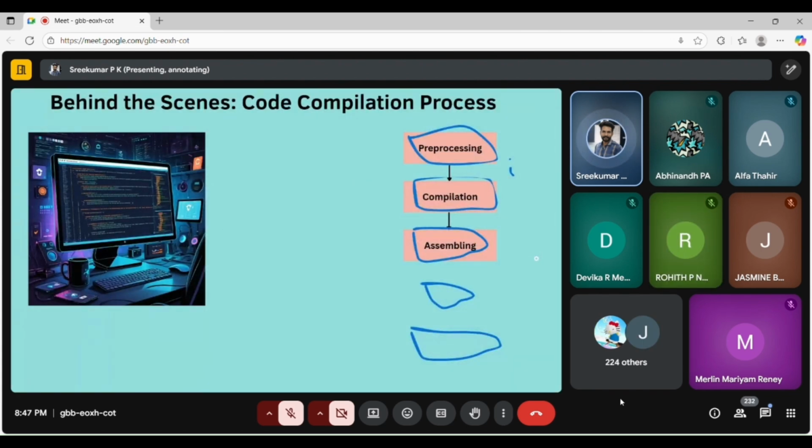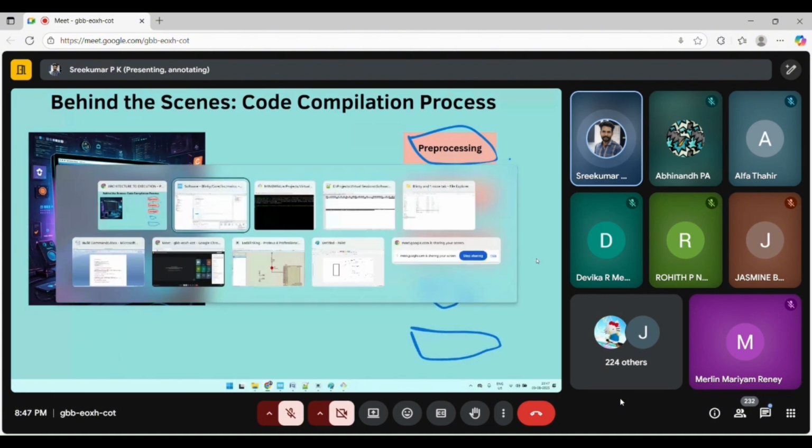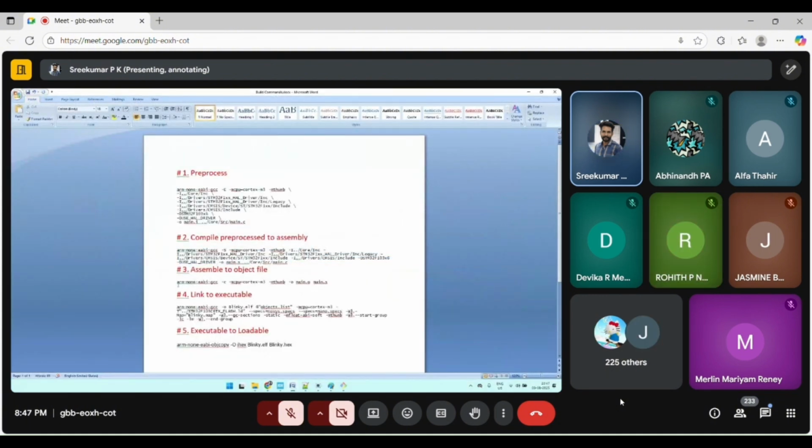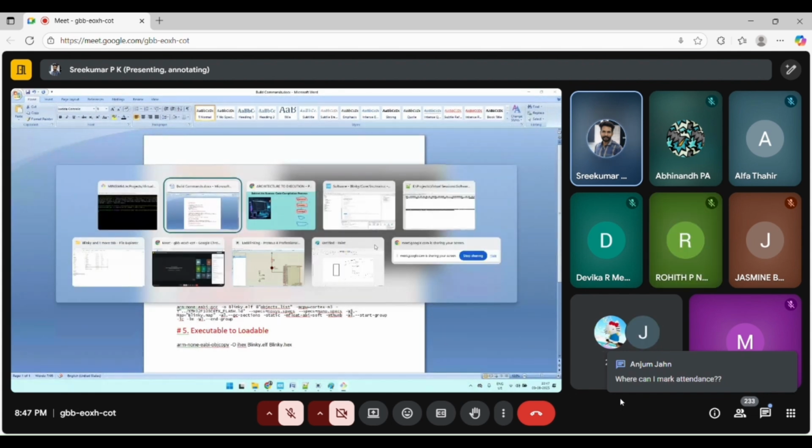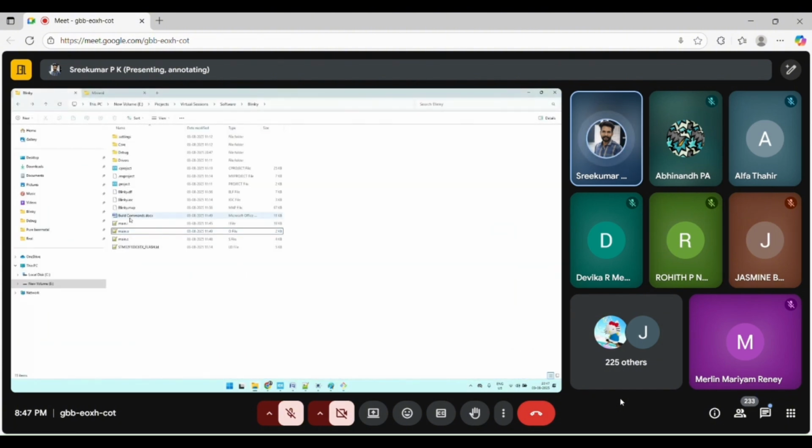Inside assembling, it is converting our file to an object file. It got converted, so let's open that .o file.